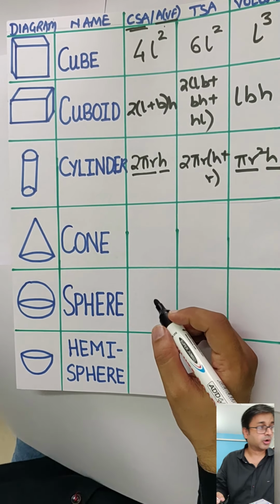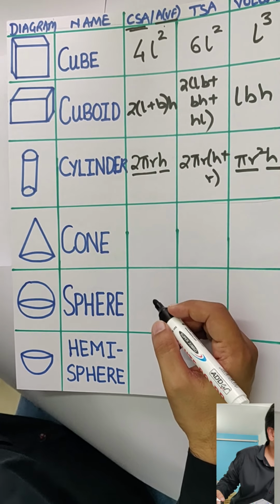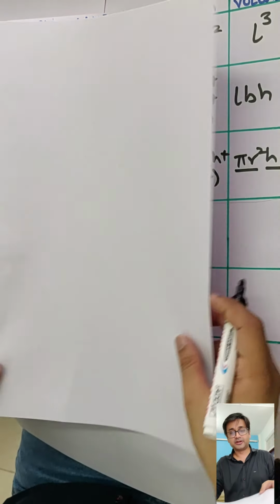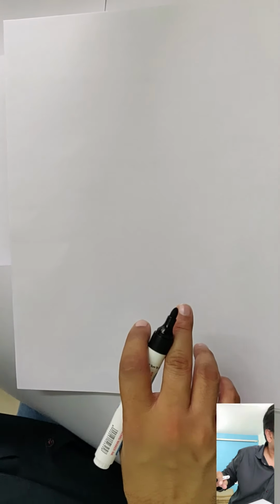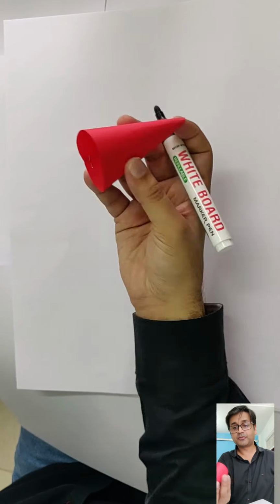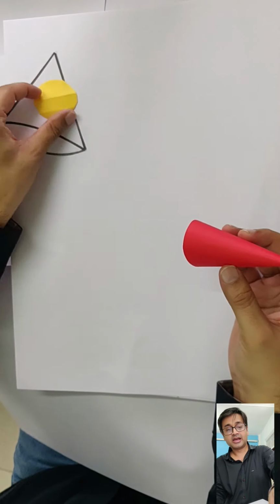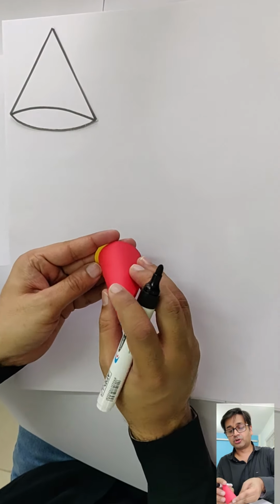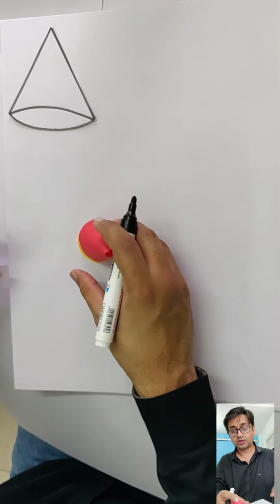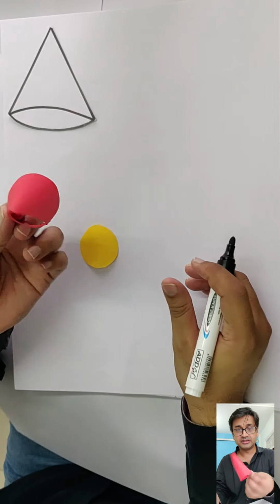Alright. Now for the cone. Cone is very interesting, so let's get into the cone. This is how your cone looks. A 3-dimensional shape, and when you draw the diagram, this is how it will look. At the bottom of the cone you have a circle, and that's the cone on top. Can you see this?